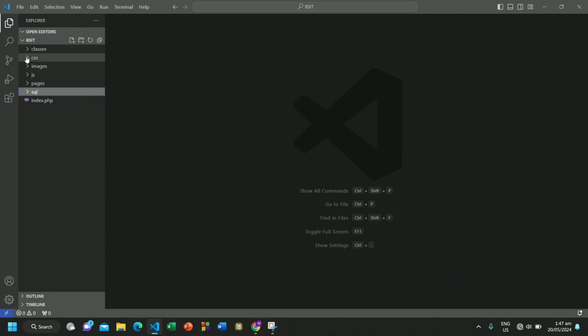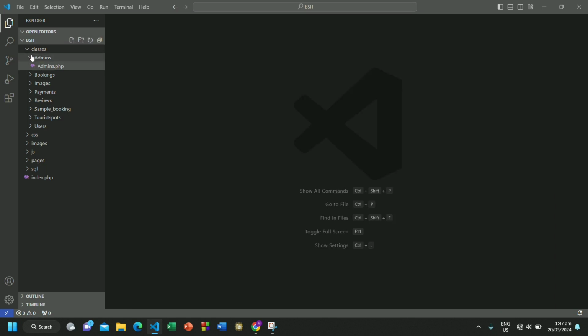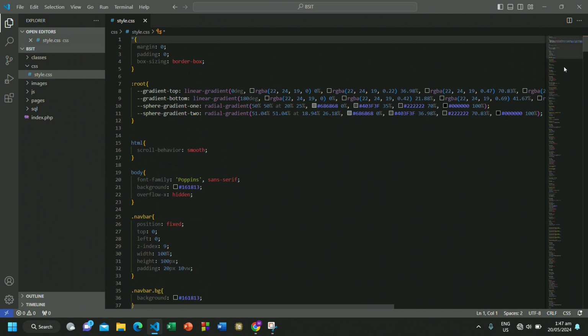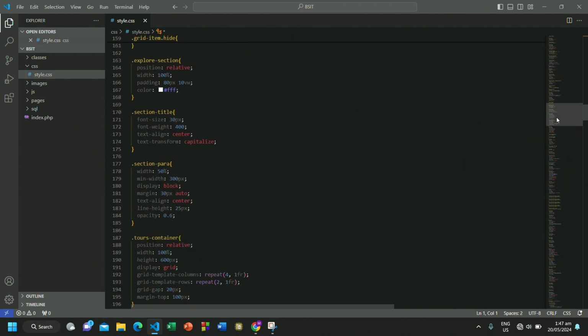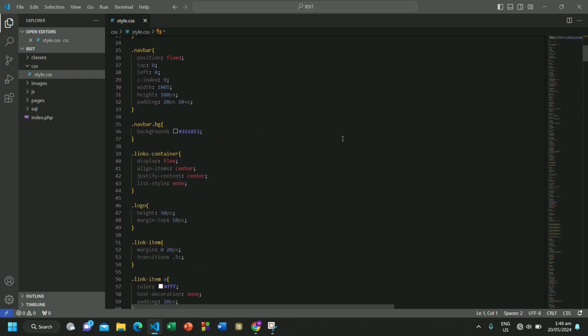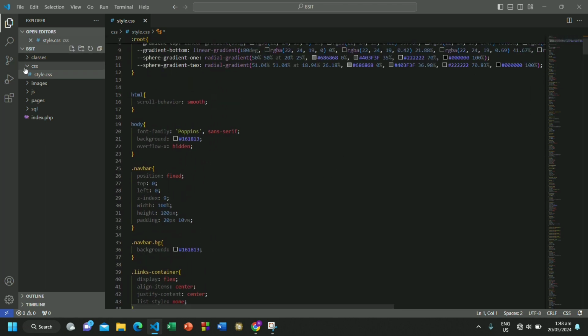If we go up here, we have the classes. We don't have to discuss this right now. This is complicated stuff. Then we also have CSS here, which again we're not gonna go into too much detail because look at this, it's very long, and by now you should know CSS. It's just a way to design your web page.